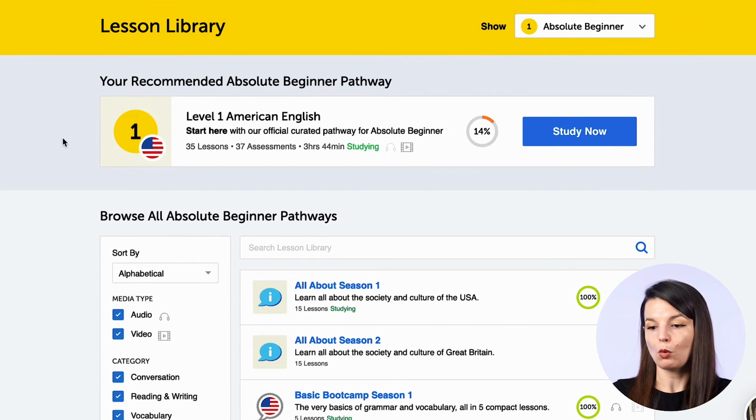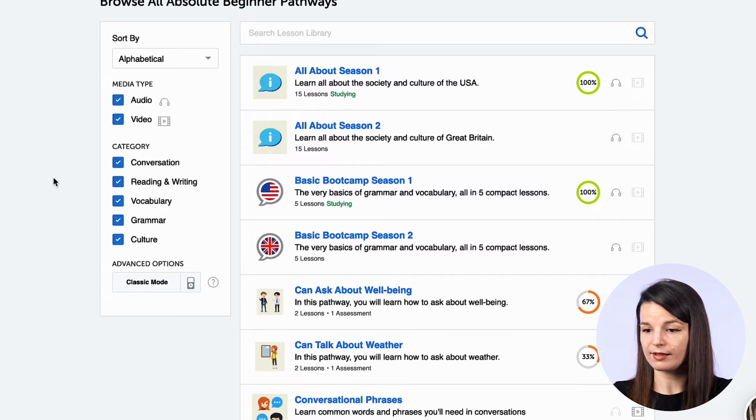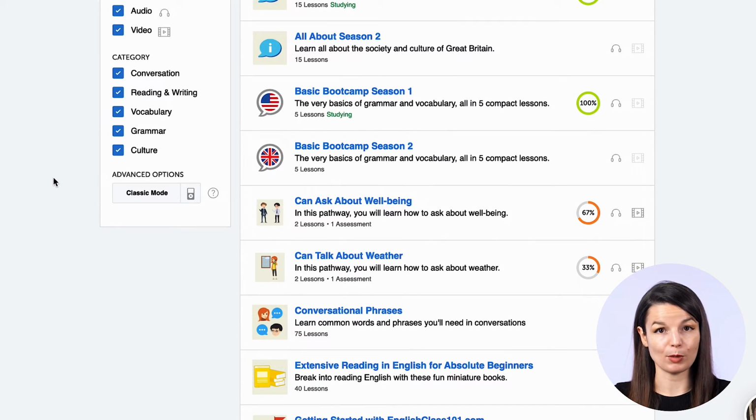Here, you can see what you are studying now, right? So this is the absolute beginner pathway. In this case, you can see all of the different lessons that are inside the pathway and all the information on this page. But if you know you are ready to move on to the next level,